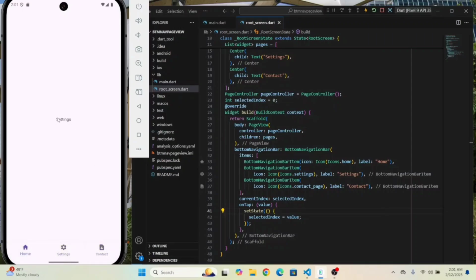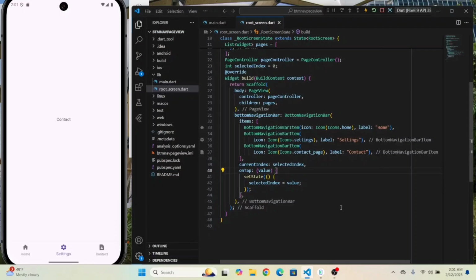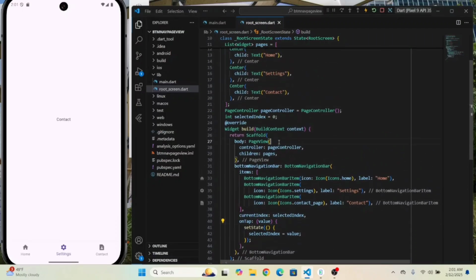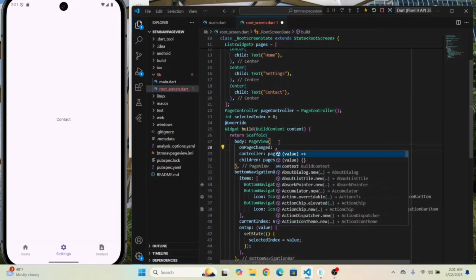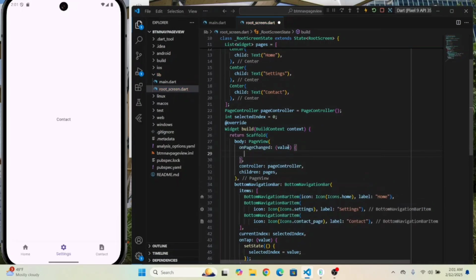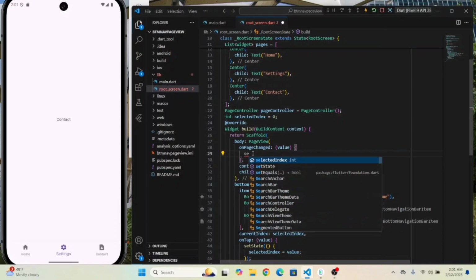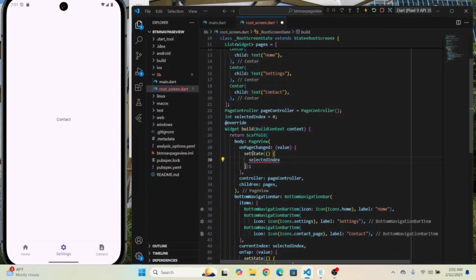but it's not switching the page. For that, in the page view we have this property onPageChanged. Now we can give this value, we can give this selectedIndex this value. This is the new value. Now copy this selectedIndex again and in the setState put selectedIndex to value